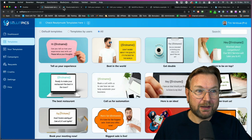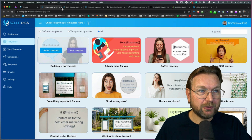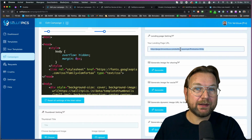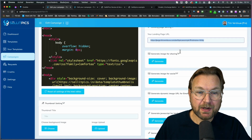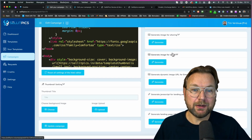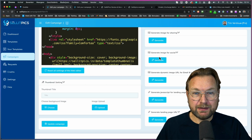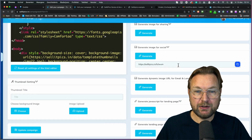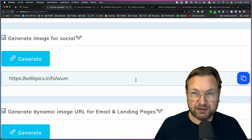So here we go back to the campaign. Let me close a few windows here. So this is the URL where you want to redirect your visitors towards. Now then, the thing that you can do here is you can say, I want to generate an image for social. And what this will do, this will give you a URL in here that you can start sharing on